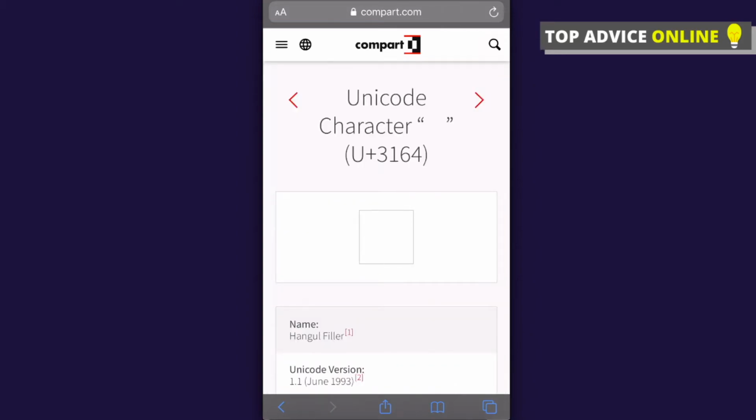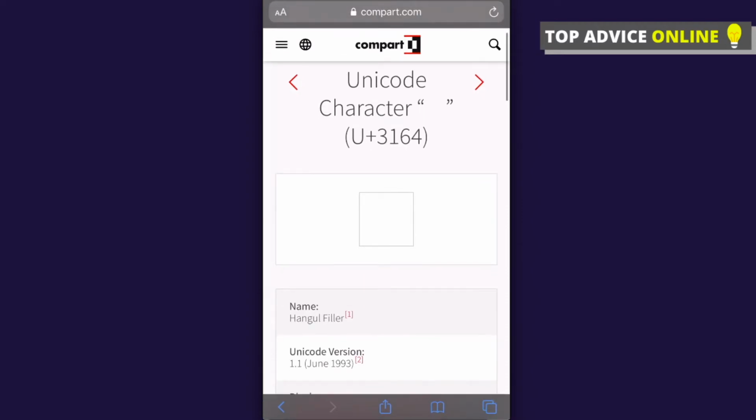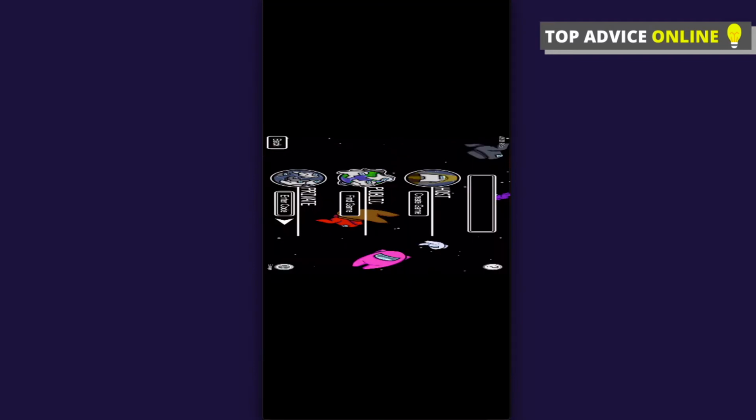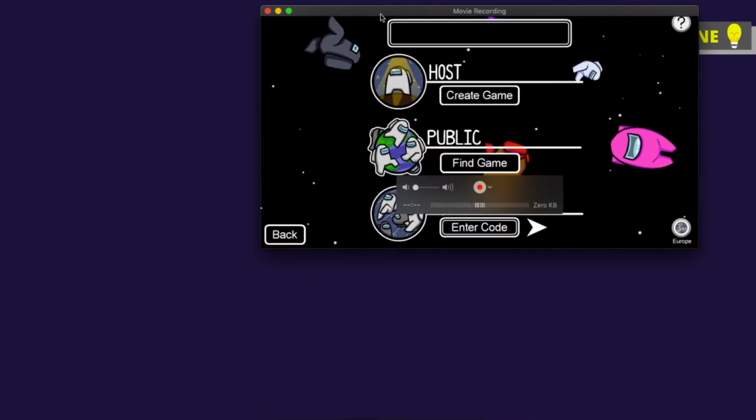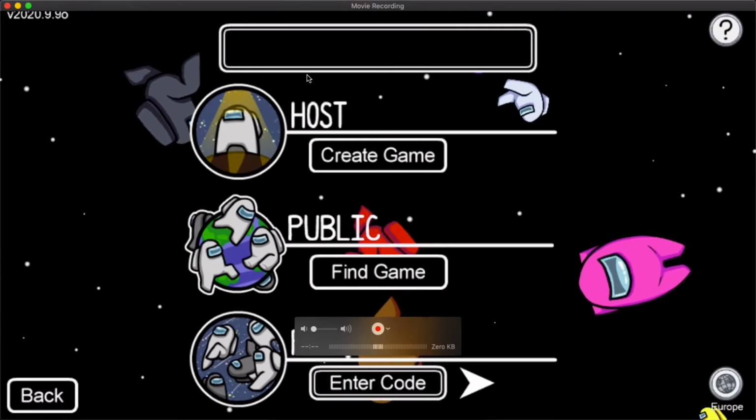And once you do that, the little square pops up. So what you need to do here is tap and hold on that particular square, and then press copy. And if we go back to Among Us Mobile, as you can see here, if I normally, for example, put some letters and then delete them,